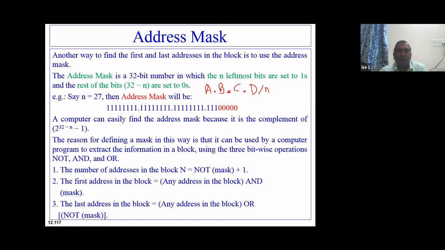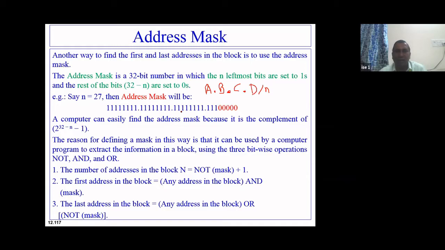Now this n is nothing but the prefix length, out of these 8 plus 8 plus 8 plus 8, total 32 bits. 27 bits are the prefix. So how will I find the address mask? This is called the address mask. All 27 bits, you just make it 1. Remaining all, make it 0. Now if your prefix length is suppose 22, to find the address mask, first 22 bits will be all ones and the remaining 10 bits will all be zeros. The concept of address mask is very simple.